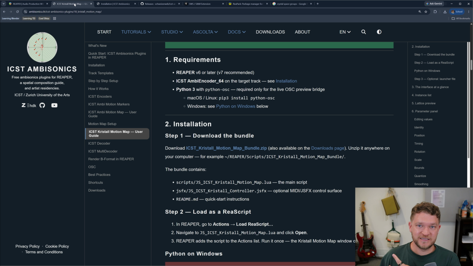Okay, so you've installed Reaper. You've got the ICST Ambisonics plugins installed into Reaper. Another requirement that's listed here, more of an optional requirement, is Python 3 with Python OSC, which is required for the live OSC preview bridge. There is a one-liner that you can do on Mac OS or Linux. On Windows, it's a little more tricky, but there is a link to installing Python and Python OSC on Windows here. So my assumption is you have all of these up and running: Reaper, ICST Ambisonics plugins, Python 3 if